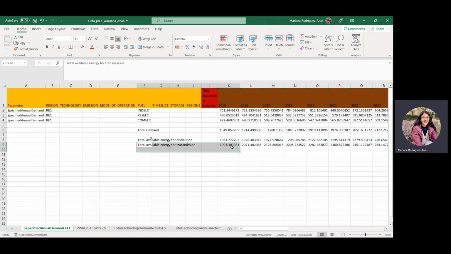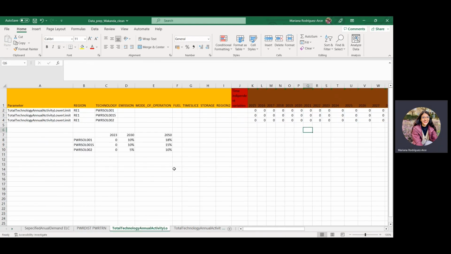So this is the electricity that at least we need to generate to satisfy the demand using the total technology annual activity lower limit. The table that is shown right now is the policy that we need to model. And as you can see, we only have values for 2030 and for 2050. But the policy mentions progressive growth. So it is enough to make a linear projection between these years to determine the percentage of generation of each